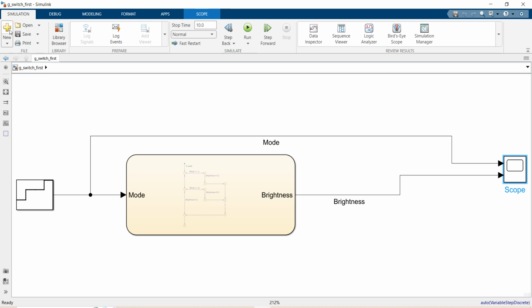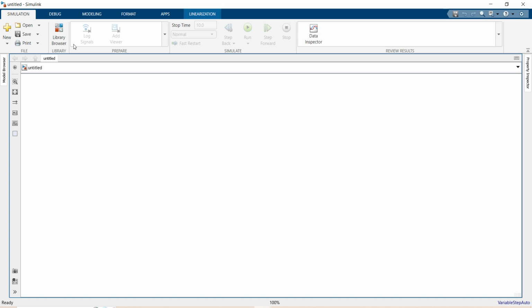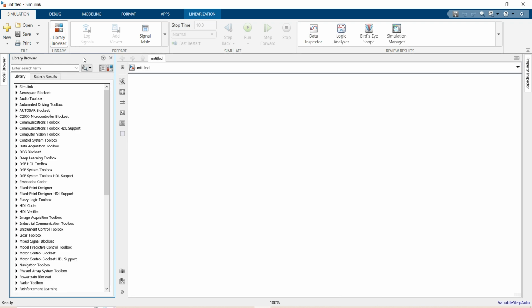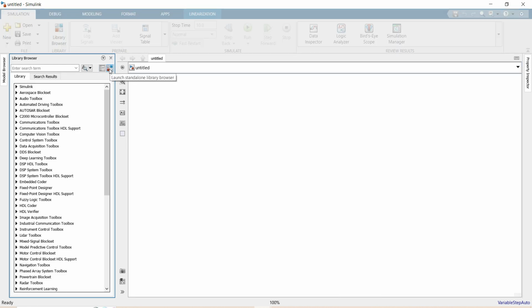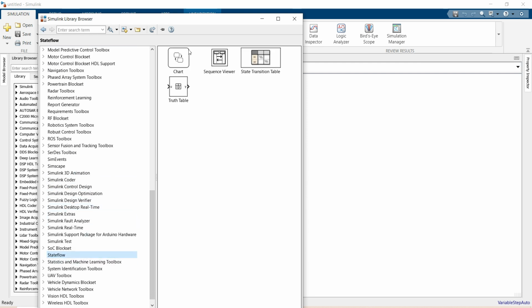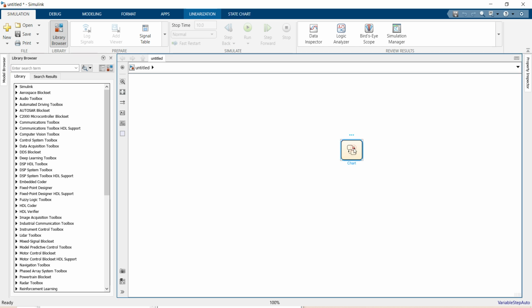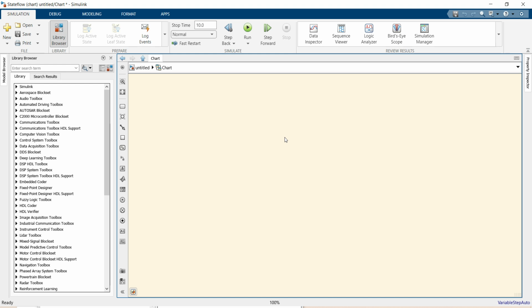I'm taking a new model here, and we need a Stateflow block. For that we have to go to Stateflow, and this is the Stateflow chart block. I'm dragging it into our new model. Double clicking on this chart, in the blank Stateflow canvas, you have to right click with your mouse,